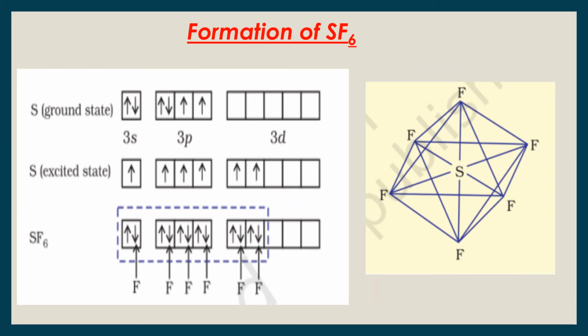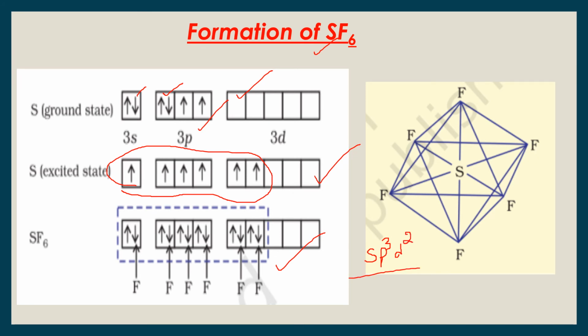Another important one, SF6, sulfur is in the middle, in the center of the molecule. So the configuration of sulfur. Now 6 bonds are to be made, so we need these two to get promoted here. This is the excited state, and then 6 fluorines are coming and sharing 1 electron each. We have used 1 of the s orbitals, 3 of the p orbitals, and 2 of d. So the hybridization becomes sp3d2. Again you have 1s, 3p and 2d, 6 orbitals. So whenever you have to arrange 6 electron pairs around the central atom, it has to be octahedral.